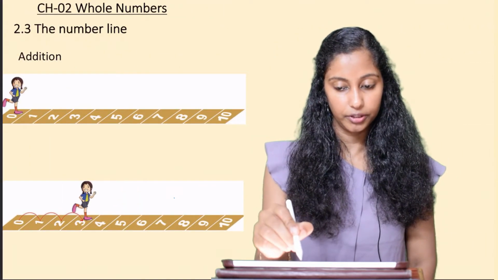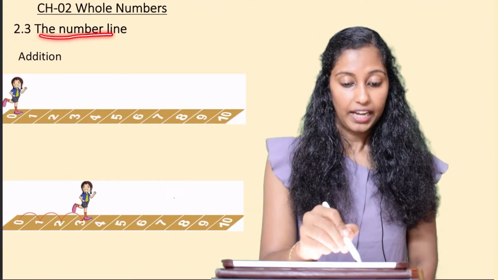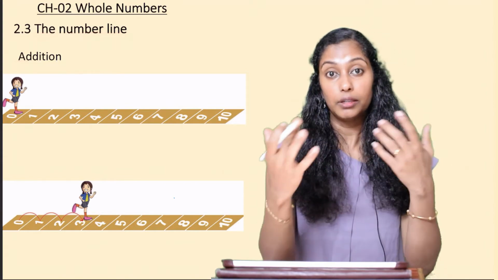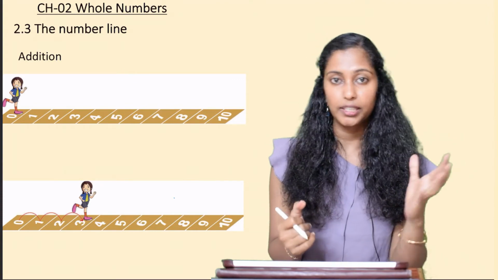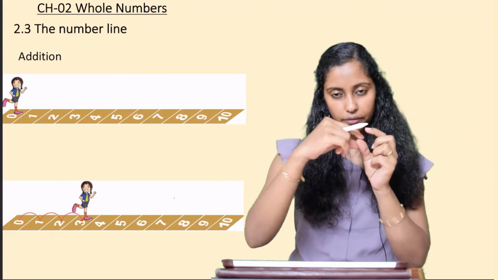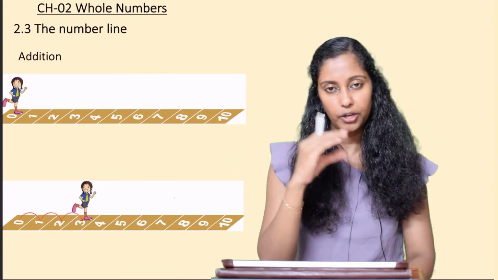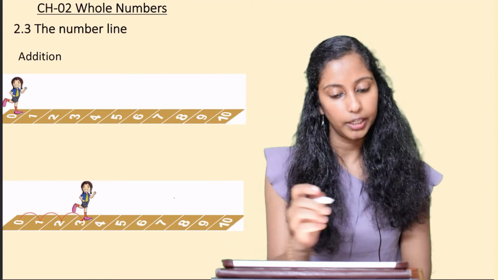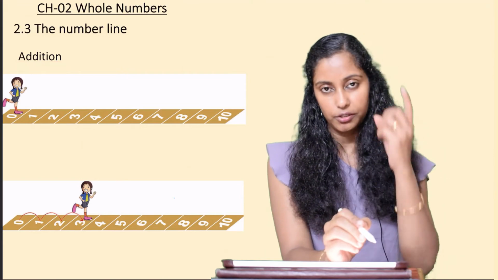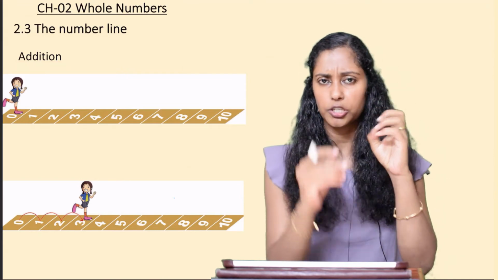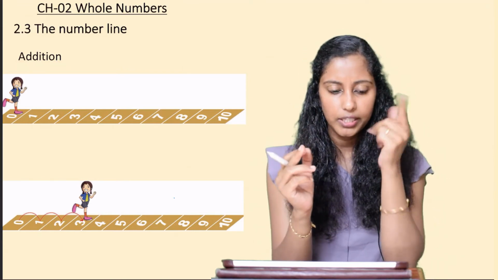Then we proceed further with addition using the number line. Why have we learnt about this number line? Where do we use this number line? Just now we saw where we see number lines: in a scale or ruler or even an inch tape, a thermometer, they all show the format of a number line. Now why do we use this number line? This number line is used to do addition, subtraction, division and multiplication in a very simple, quick and easy way.